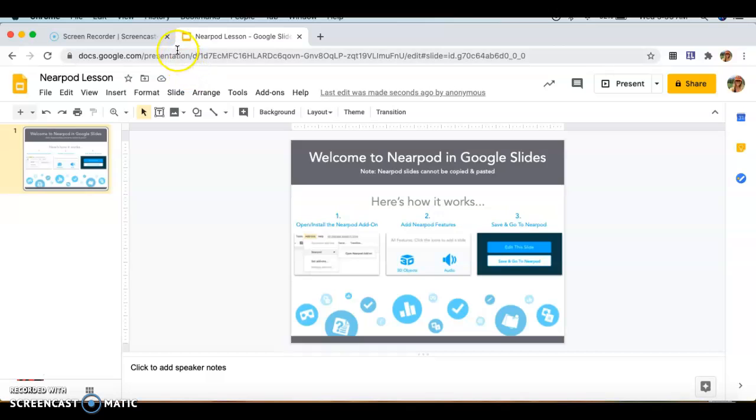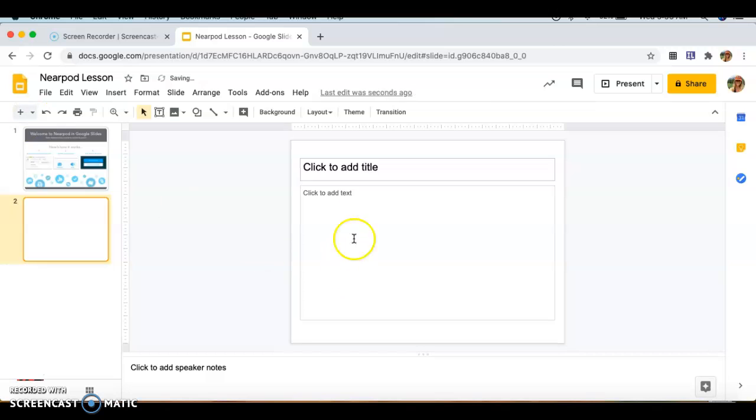This is now Google Slides, right? You'll look at the icon next to the left of the tab, and it's the slide icon. We're not in Nearpod anymore. So what does that mean? That means that here I can actually build a Google Slide presentation. This slide is just letting you know how things work. But from here I can go in, I can add slides,